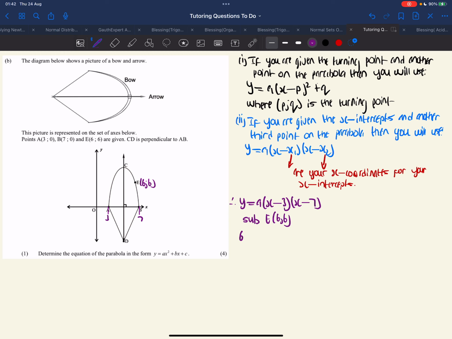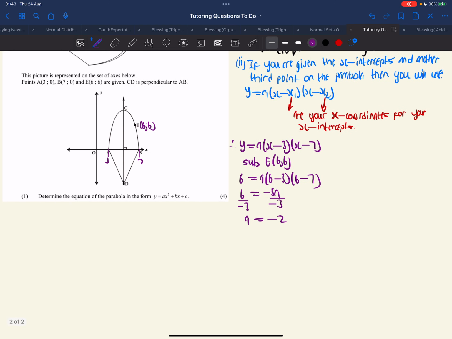Then if you do that, you're going to say 6 equals a(6 minus 3)(6 minus 7). So 6 minus 3 times 6 minus 7, you get minus 3a, and then we're going to divide both sides by negative 3,